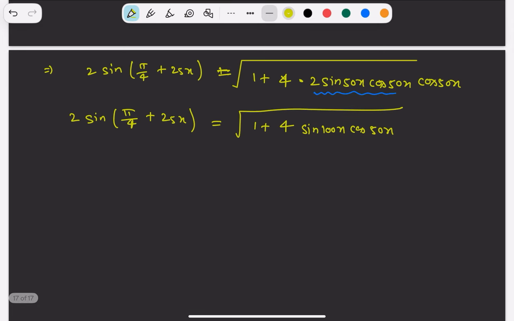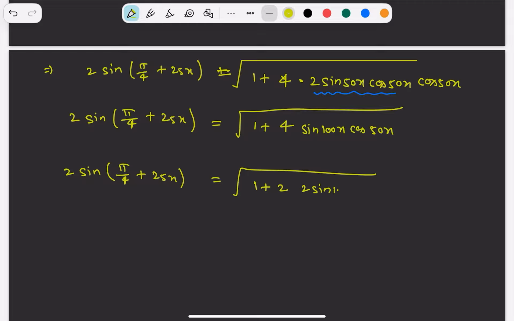So again I can use the 2 sin A cos B formula here. So we can write 2 sin of pi by 4 plus 25x equal to 1 plus 2, and this will be